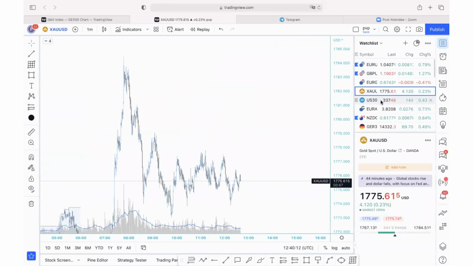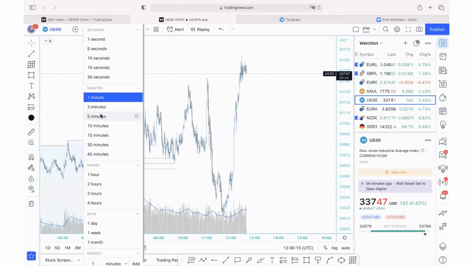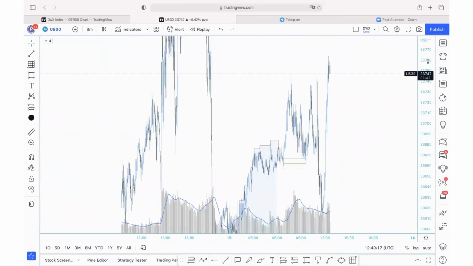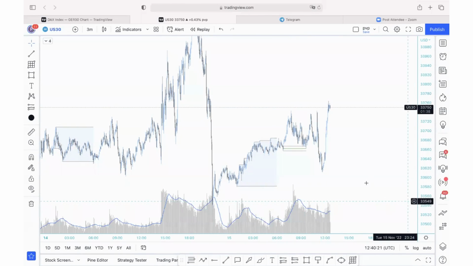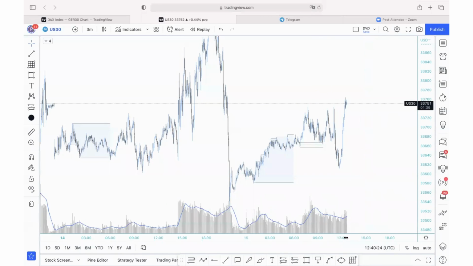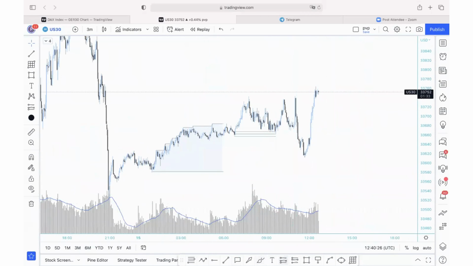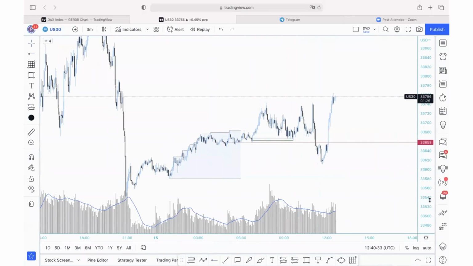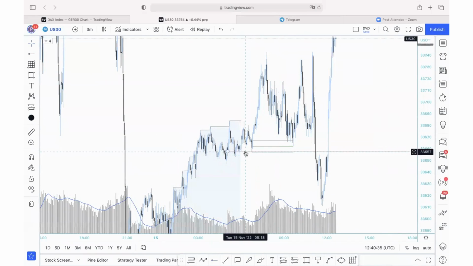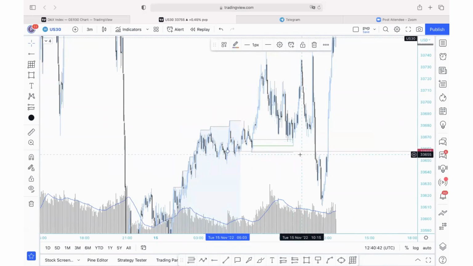So here I have another breakdown on US 30, but also right here, also I would say I just didn't take it. I explained to you why. So we have the daily opening price at 5 a.m. right here. This is the daily opening price. We go above it, we come back, and it is a good confluence that we come back to the order block, which was this one of the daily opening price. I mean, it is correlated with the daily opening price.